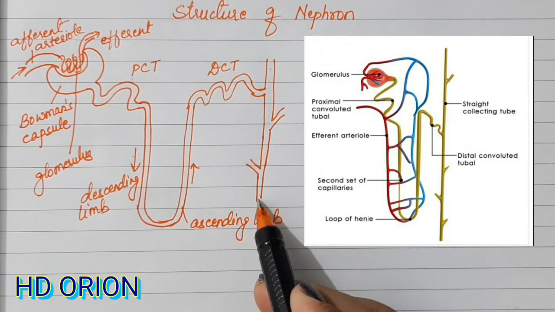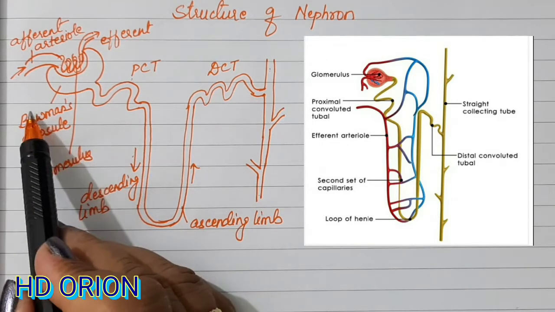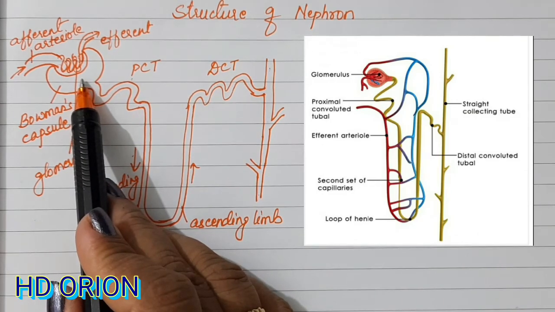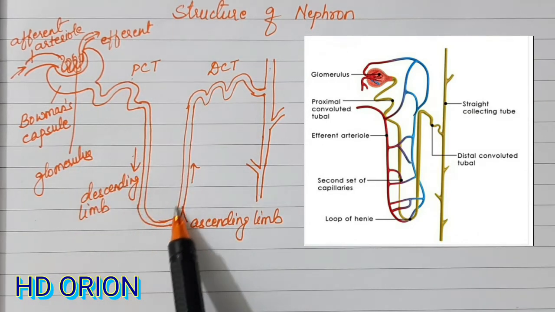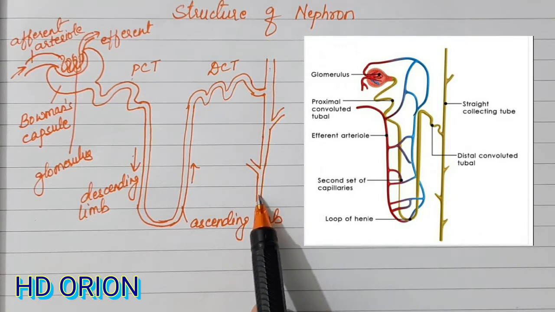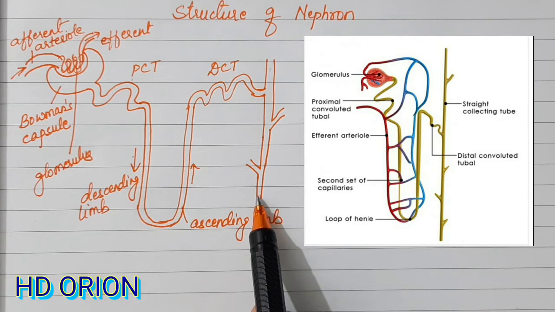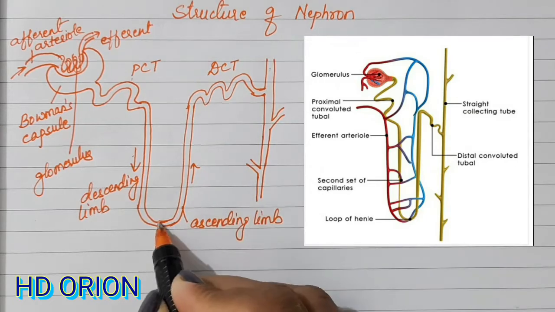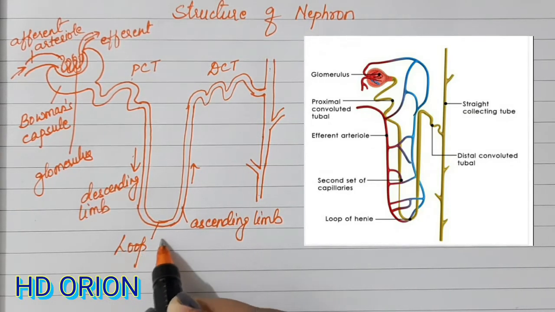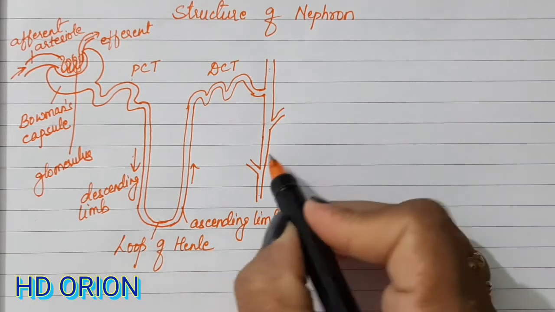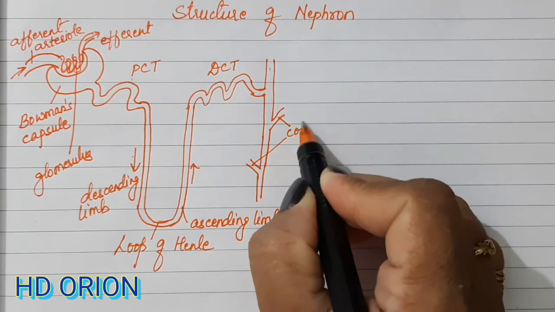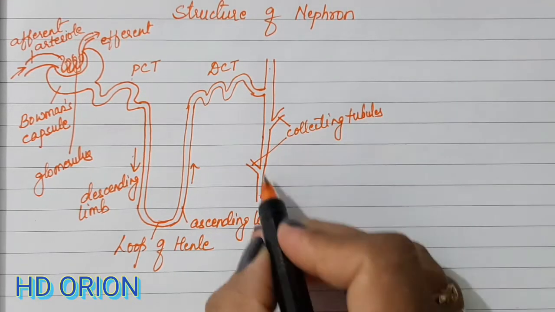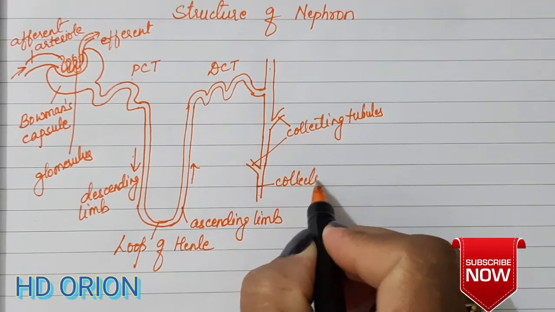So this portion comes in the renal medulla part and the loop of Henle, while the DCT, the PCT and the renal corpuscle come in the renal cortex region, and the loop of Henle and this particular part, the collecting duct, come in the renal medulla. So it is seen in striations. So this is the structure of nephron and the parts of nephron. This is known as the loop of Henle. These are the collecting tubules. And this is a collecting duct.